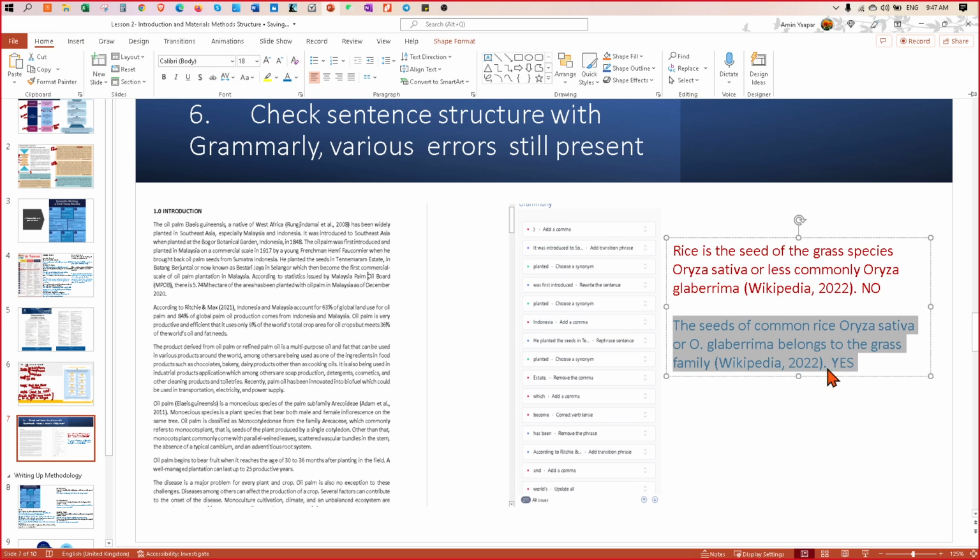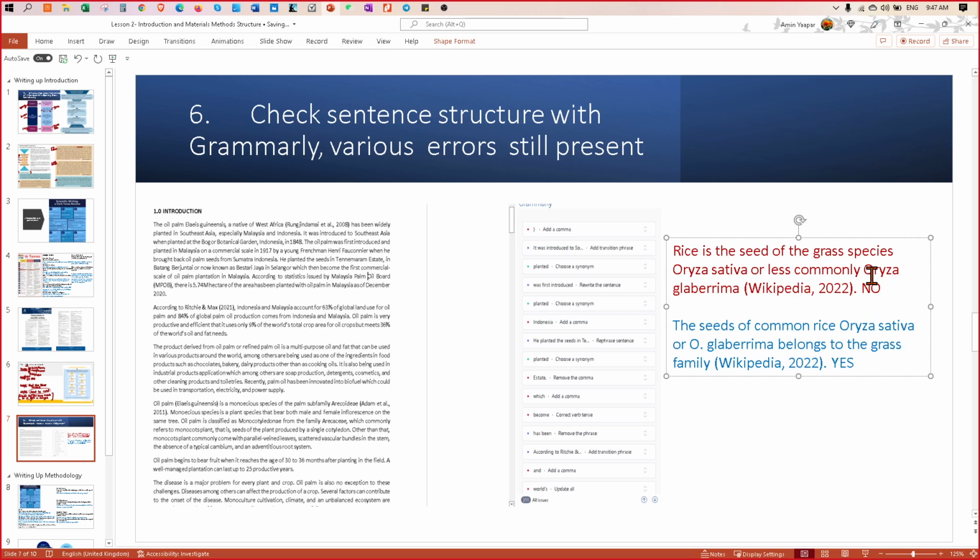I know it is not easy to do the paraphrase. I can do the paraphrasing quite straightforwardly because I do this every day, so it's a bit easier for me. But do that as long as you do not change the meaning. Compare the first sentence and the second sentence.